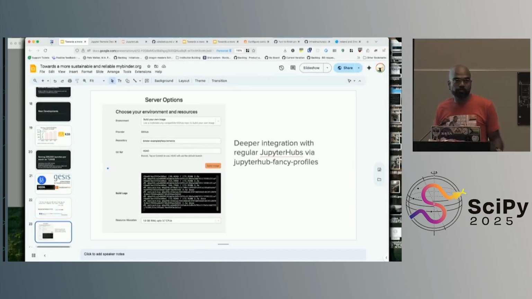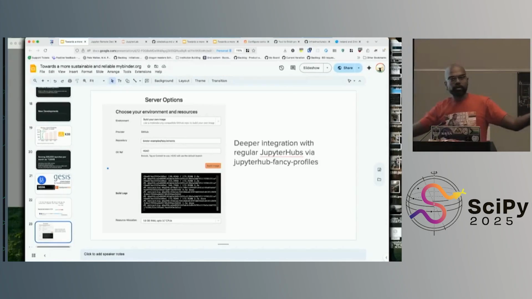So there is a Jupyter Fancy Profiles project that basically lets you, once you log into the JupyterHub, provide it with your own environment. So instead of admins having to build images and environments for you and maintain them, and you being frustrated with "but I need this package, I can't get it," you can simply, in the same way as you use on my binder, create a Git repository, put your environment.yaml file in it, and plop that in your JupyterHub, and it'll automatically build the image. And again, this goes back to removing accidental complexity. You don't really need to know anything about Kubernetes or config files or YAML or anything.